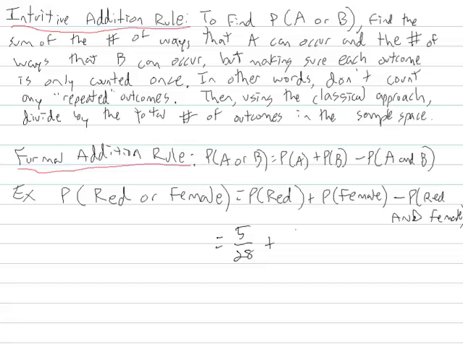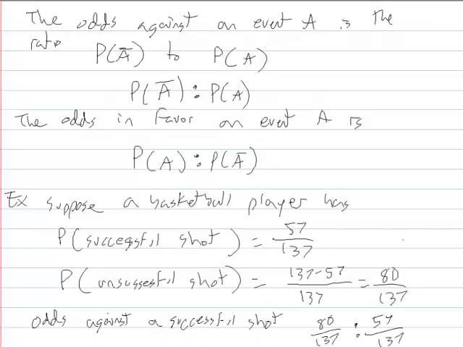And of the females, there were a total of 13 females out of 28 people in the room, so that's P of female. But then we have to subtract the probability of red and female. And so the probability of selecting somebody who preferred red and it also was female, well, of these 28 people